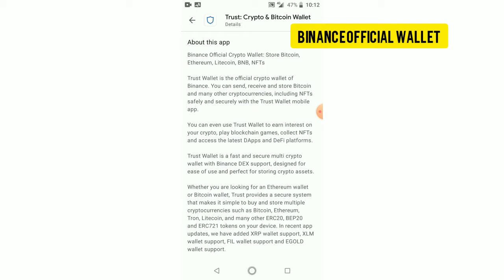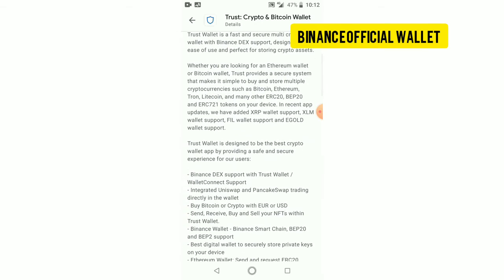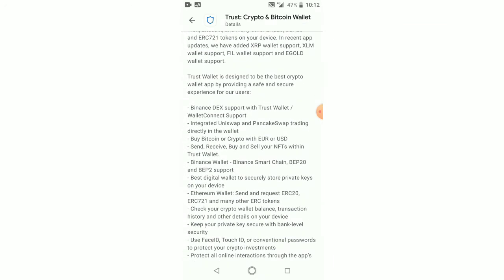You can send, receive, and store Bitcoin and many other cryptocurrencies, including NFTs, safely and securely with the Trust Wallet mobile app. You can even use the Trust Wallet app to earn interest on your crypto, play blockchain games, collect NFTs, and access the latest dApps and DeFi platforms. Trust Wallet is a fast and secure crypto wallet with Binance Dex support, designed for ease of use and perfect for storing crypto assets. I will not read everything. Trust Wallet is designed to be the best crypto wallet by providing a safe and secure experience for our users. There is Binance Dex support, integration